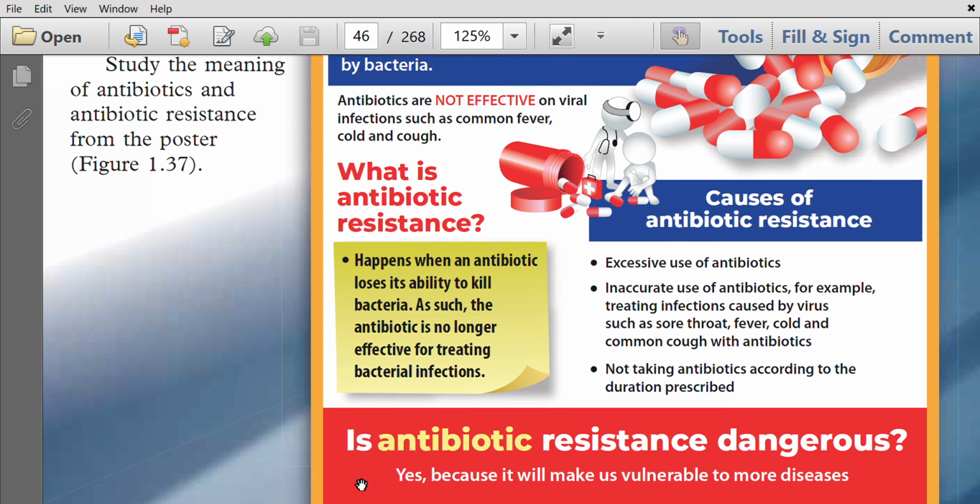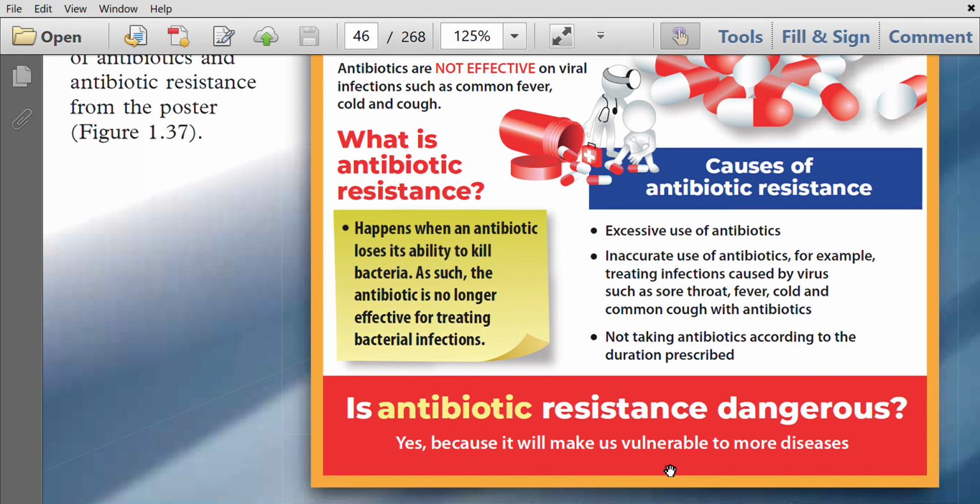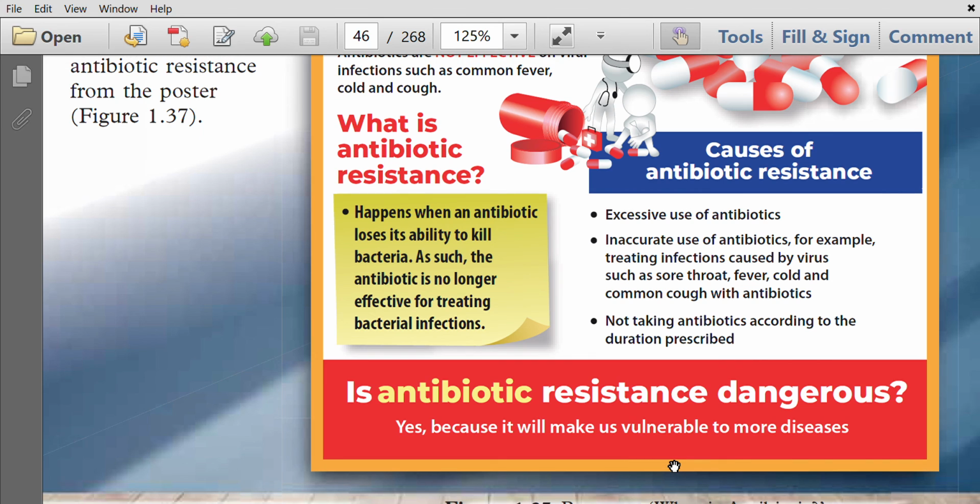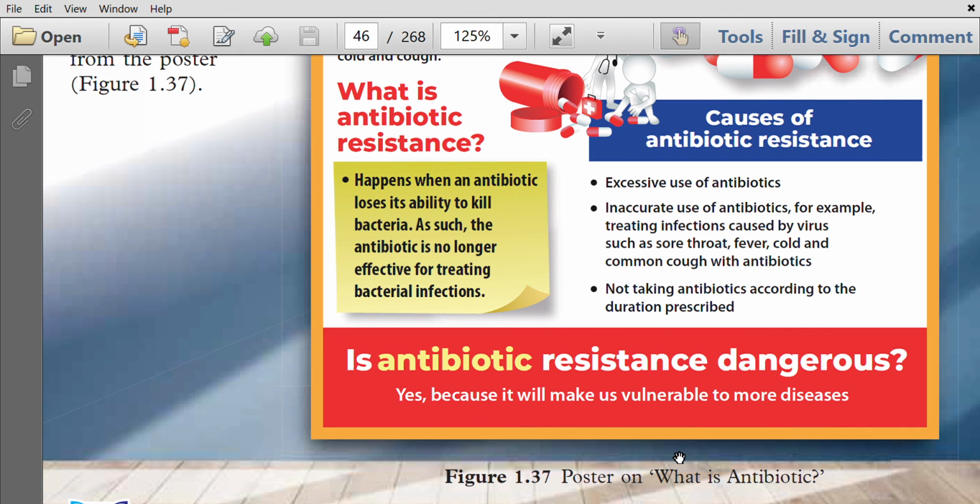Is antibiotic resistance dangerous? Yes, definitely, because it will make us vulnerable to more diseases that are difficult to treat. So this is a poster on what is